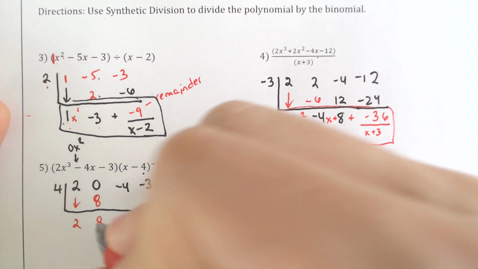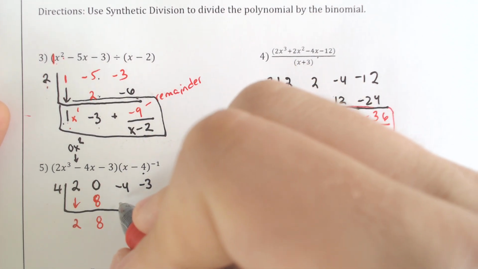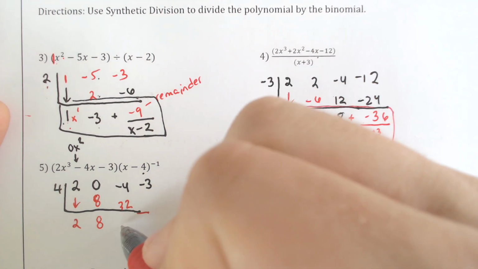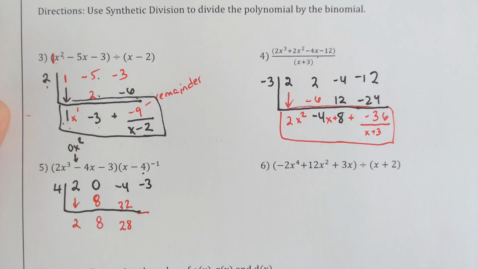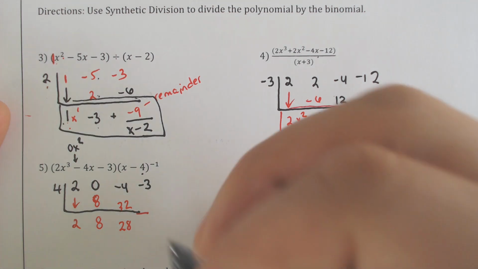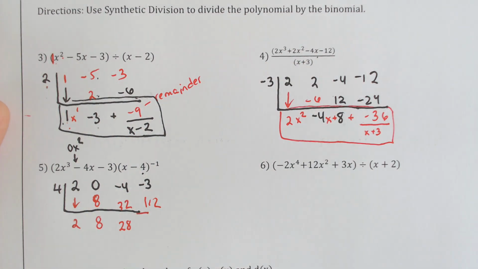Add straight down, still 8. Multiply 4 times 8, you get 32. Add straight down, you get 28. Multiply 4 times 28. I don't know what that is. 4 times 28 is 112. Add straight down, you get